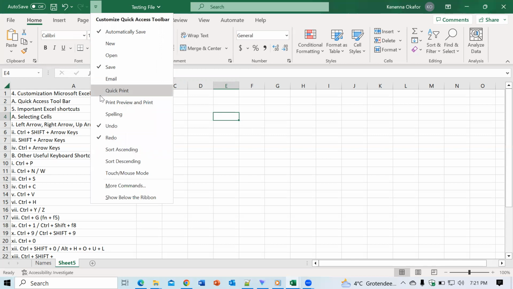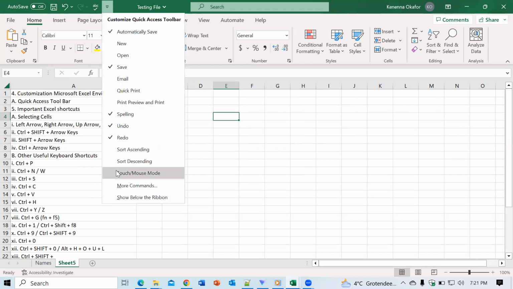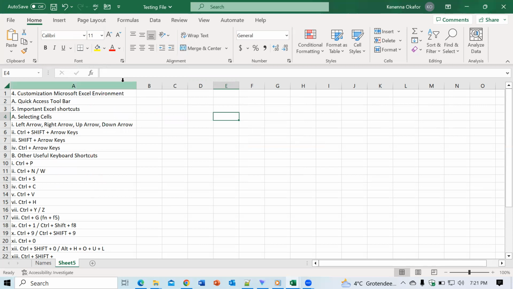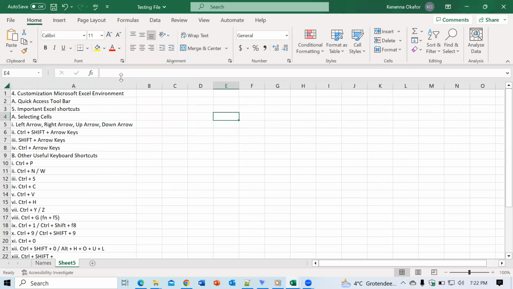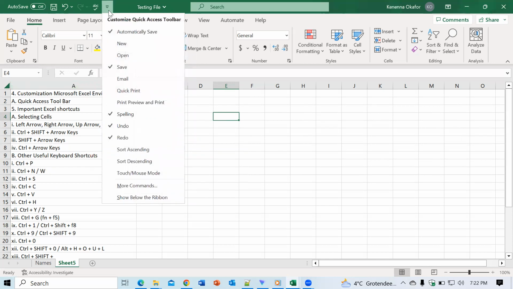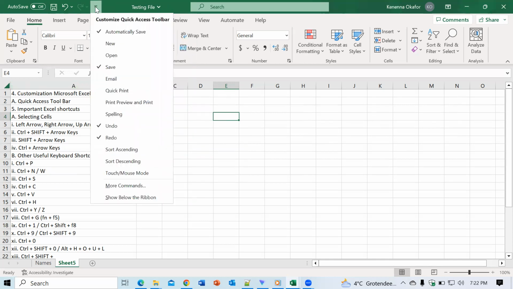Now, what if I wanted to add the spelling icon? I'll just click on it and you see the spelling icon there, the A, B, C. And if I wanted, say, email, to be able to send email directly from my Excel documents, I'll just click on it to activate it. But I don't need the email and I really don't need the spelling functionality. Now, if you want